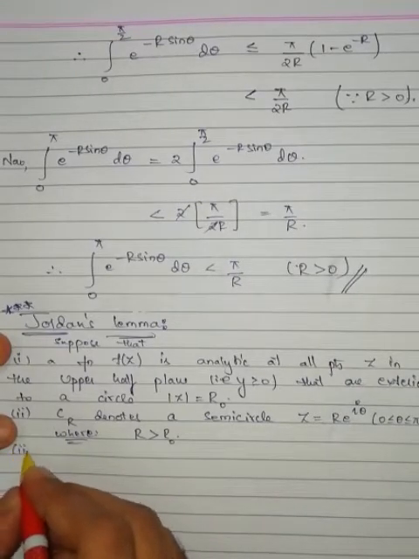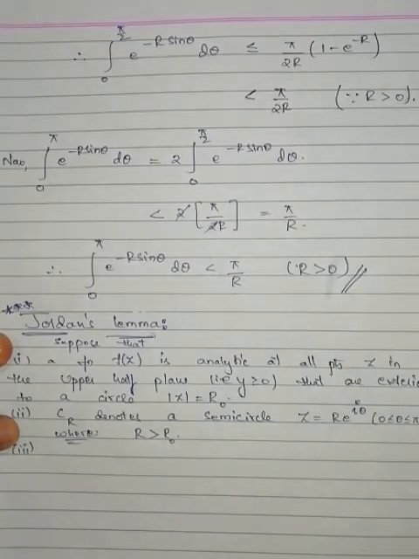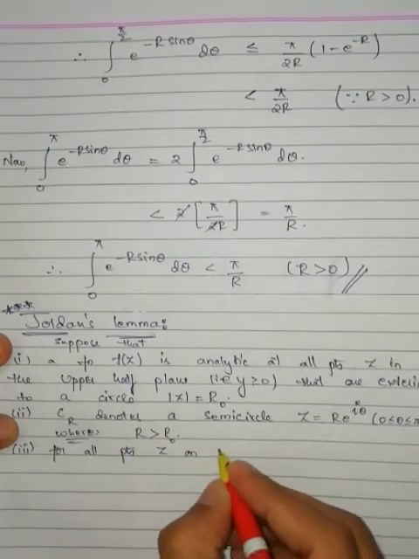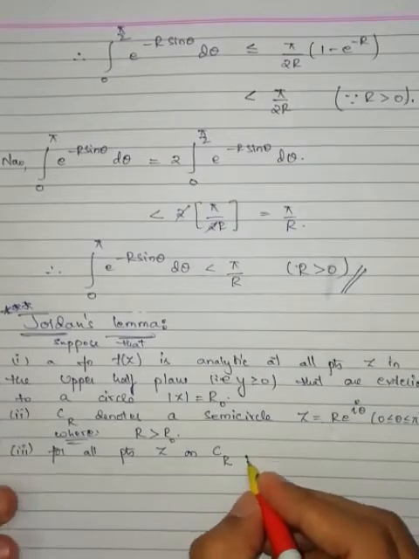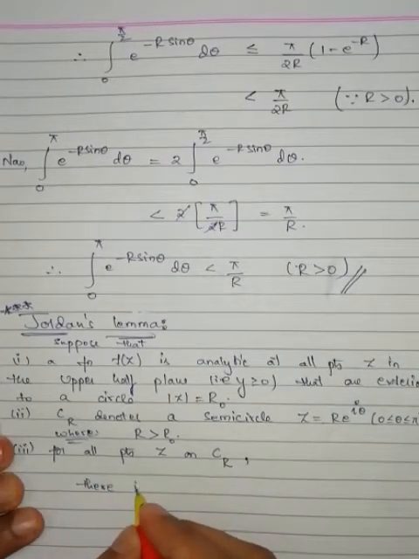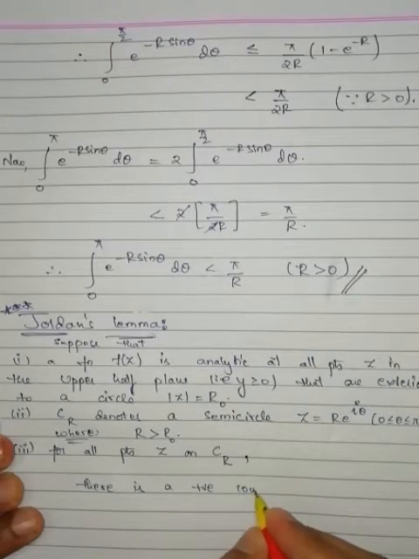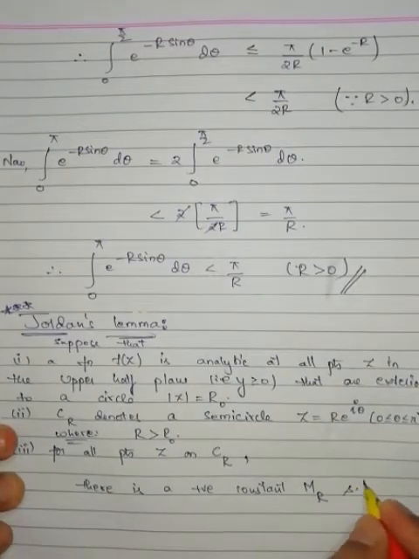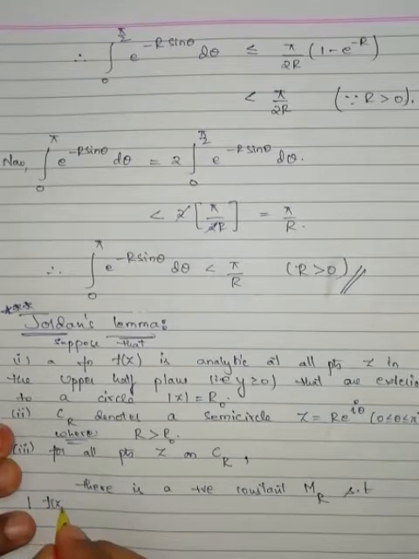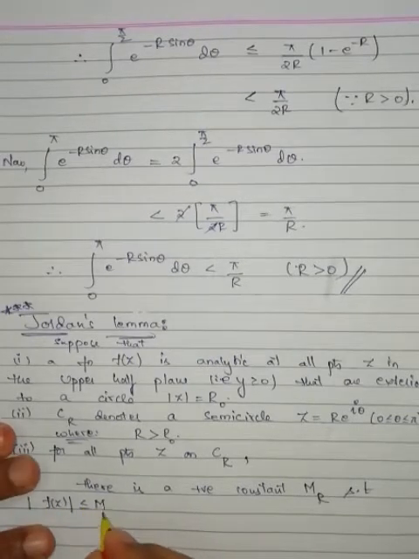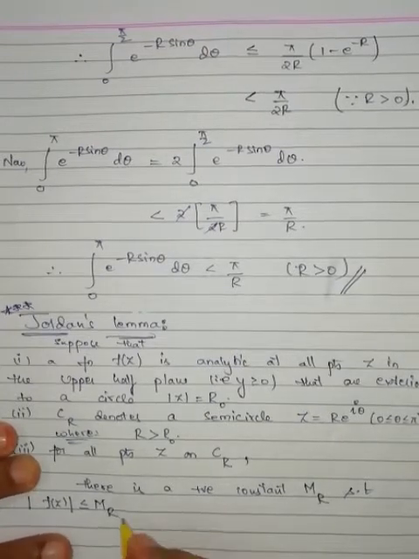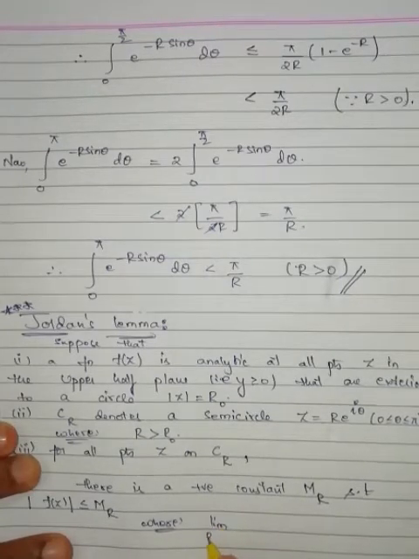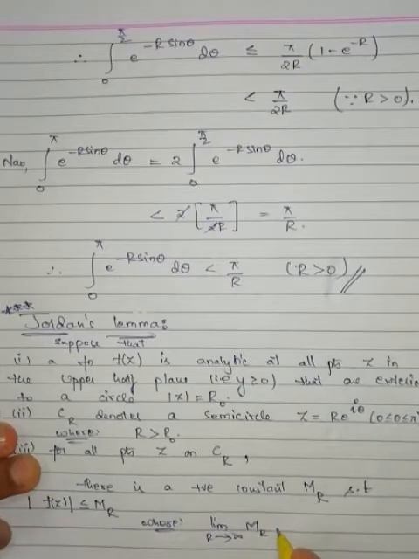Third one, for all points z on CR, there is a positive constant capital MR such that modulus of capital F of z is less than or equal to capital MR, where limit R tends to infinity, capital MR is equal to 0,